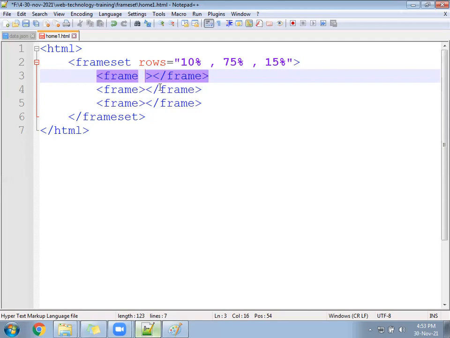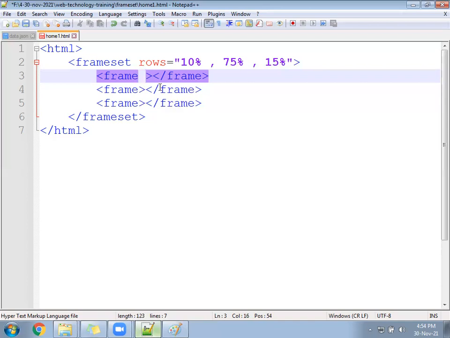In the first block, whatever you want to display, you create a separate file and include it here. In the second block, create a separate file and include it here. And in the third block, again, we have to create a separate file. So that we are going to call now. So frameset will help to divide the page into multiple blocks, either row wise or column wise. And frame will help you to include a file, to call a file.